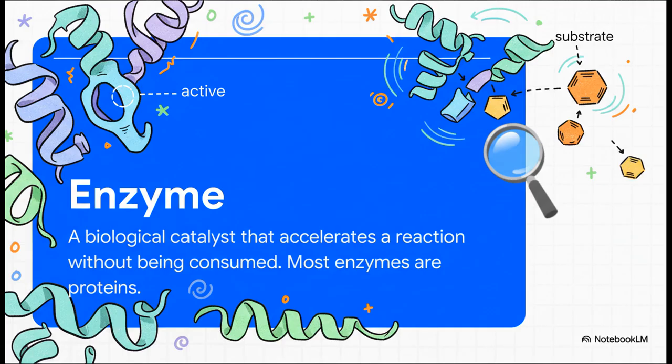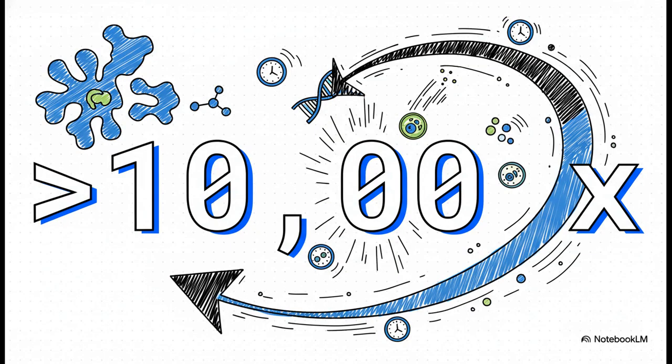Enzymes. Think of enzymes as life's catalysts. They're almost always proteins that have folded into a very specific 3D shape, creating a little pocket called an active site. This site is perfectly shaped to grab a specific molecule and make a chemical reaction happen at just mind-boggling speeds. And when I say speed things up, I don't mean a little nudge. We are talking about a colossal acceleration. Enzymes can make reactions happen over 10,000 times faster.